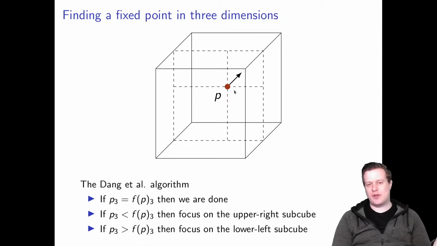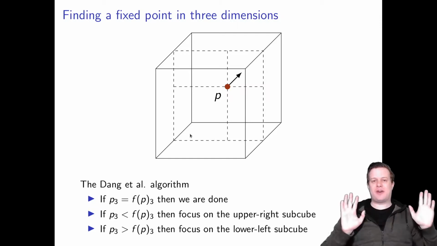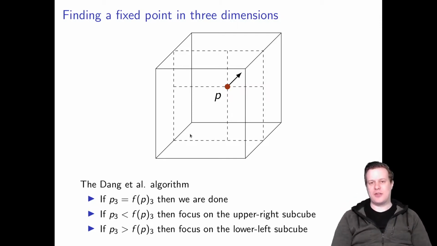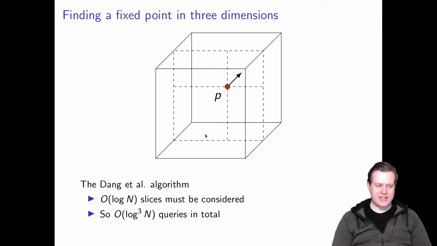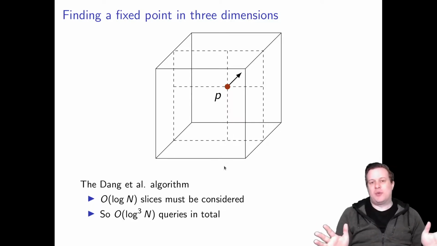And of course, here we got lucky where P was roughly in the middle, but if P was down here in a corner, we'd actually just throw away the front face and recurse on the back face. So that's their algorithm. And in the worst case, it throws away half the cube each time, meaning you need